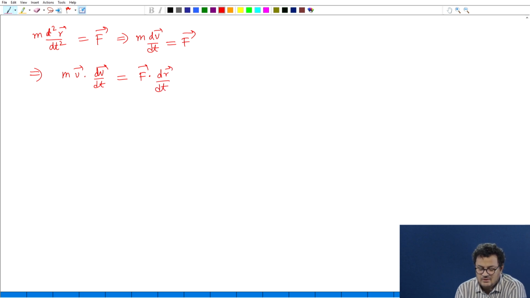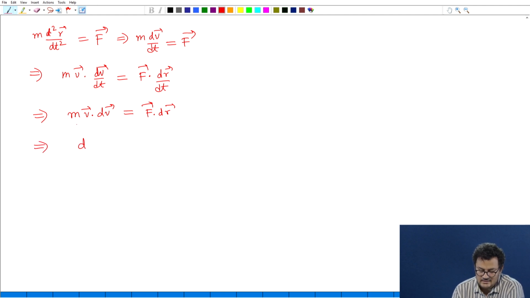I am just taking the dot product with v, and because v is dr/dt, I can write this. Then I can simply say m v dot dv. I just take the dt out. I now write simply m v dot dv is equal to F dot dr,